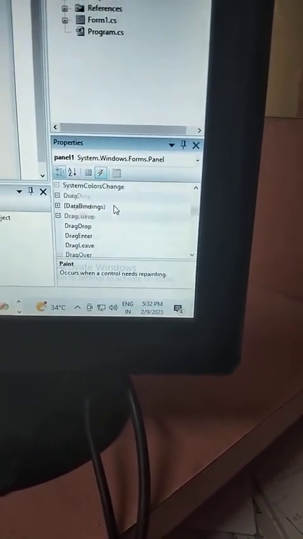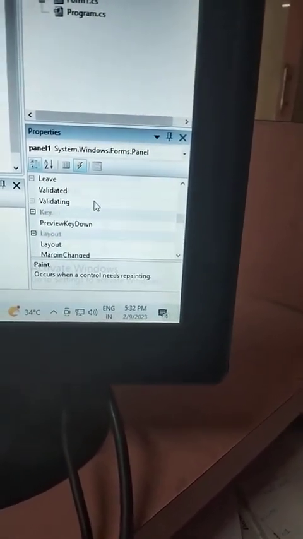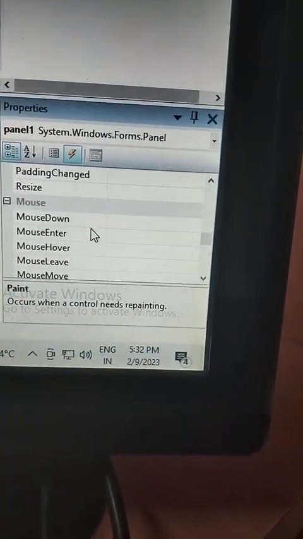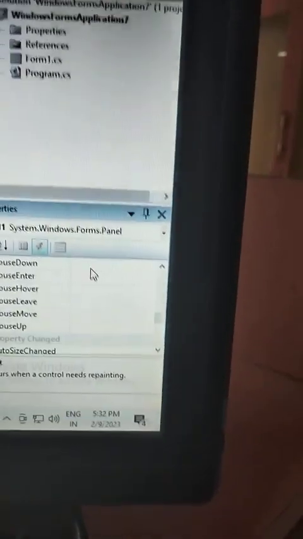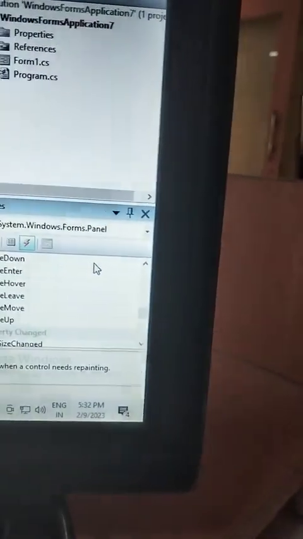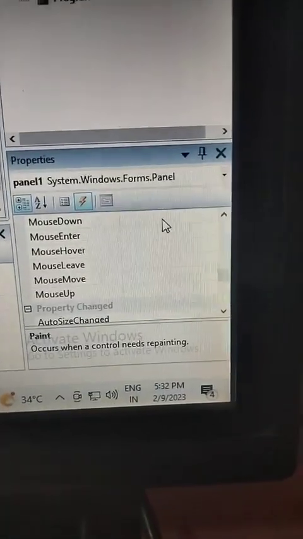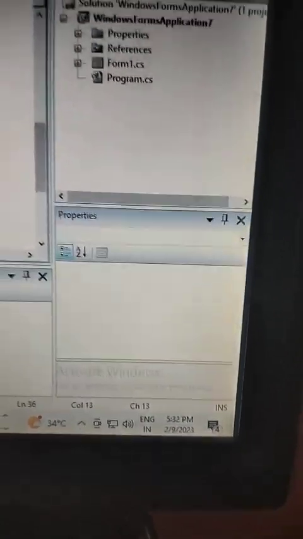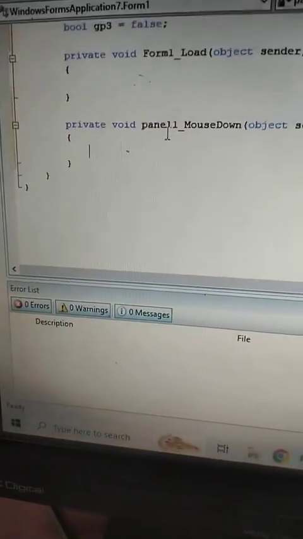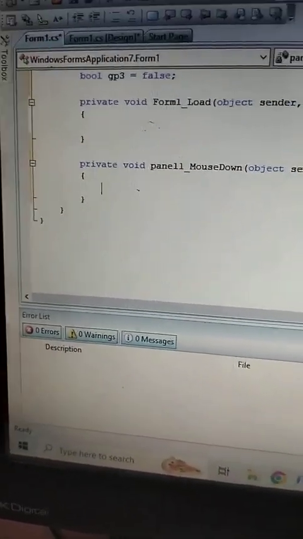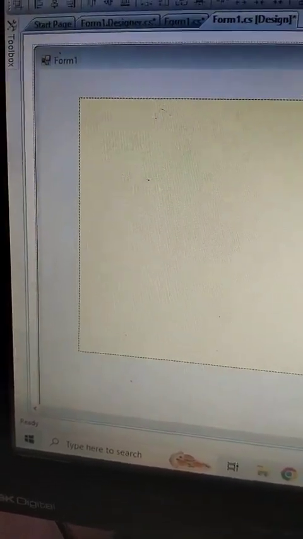After selecting, you have to go to the events and come down here, okay. So the mouse here is there, mouse down, okay. So it's here, mouse down. Just double click on this property, mouse down, and it goes to here, panel 1 mouse down. Here you should write the code, okay. I already developed this